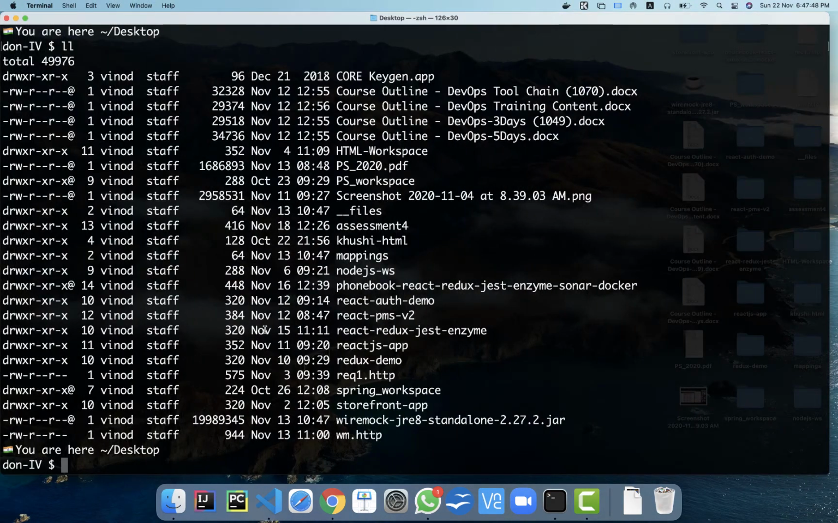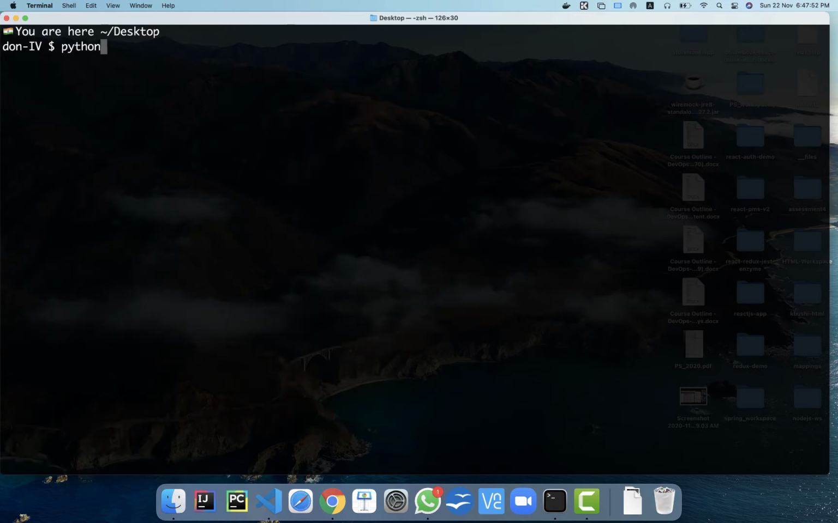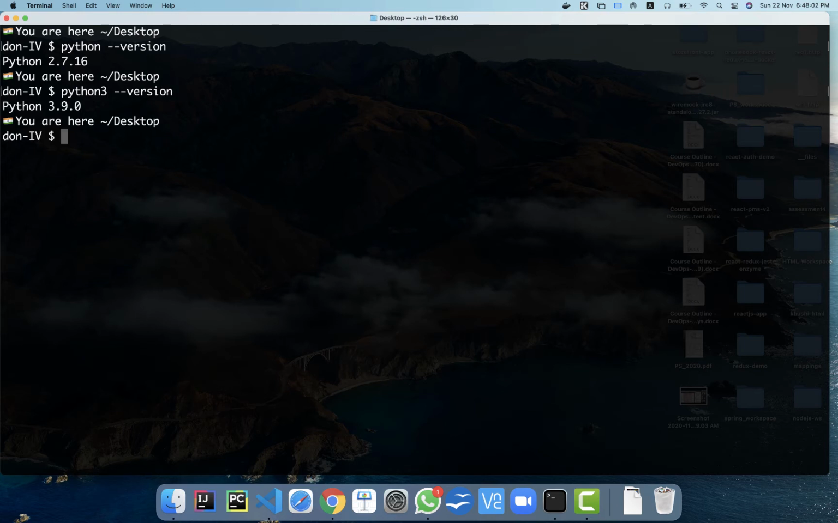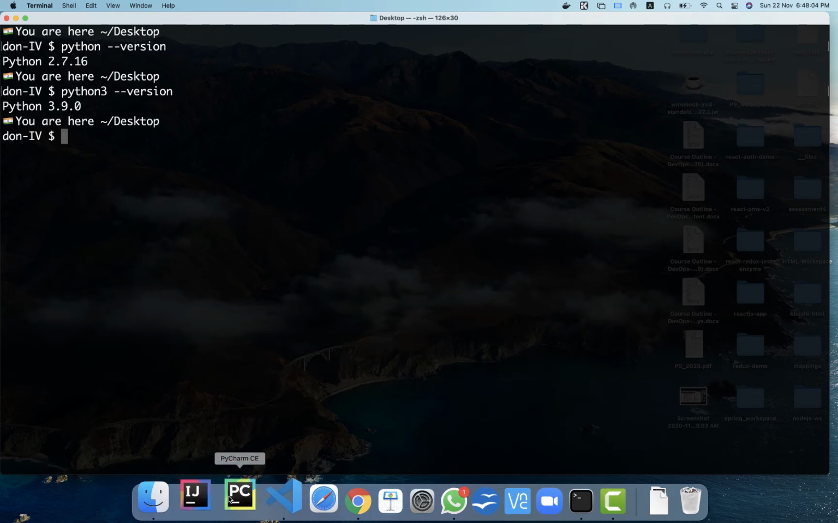To check, I can go to a command prompt and say python --version. And this one shows Python 2.7. But if I type python3 --version, you can see that I have 3.9. So I'm going to go open PyCharm